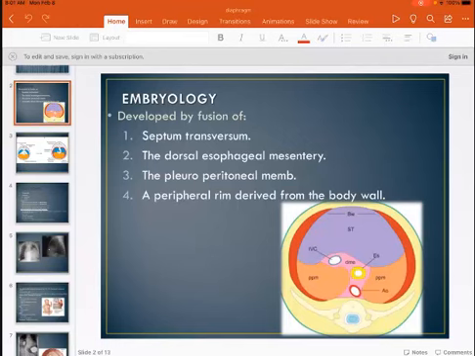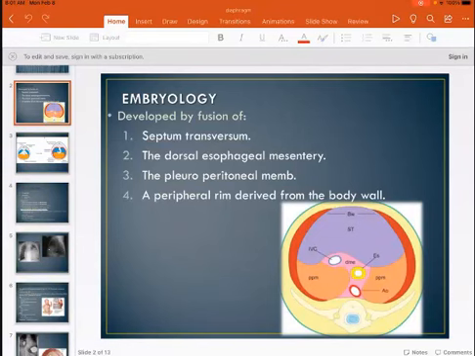And beside that, we have a dorsal esophageal mesentery. And another one, we have what we call the pleuroperitoneal membrane, that is communicated between the pleura and peritoneum. And a peripheral rim derived from the body wall, as you see in